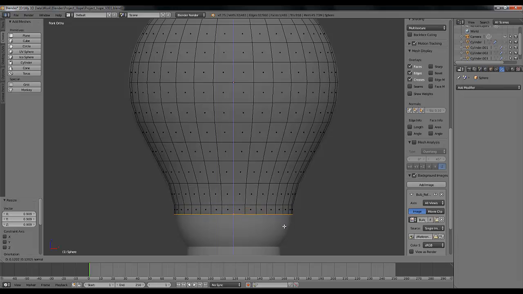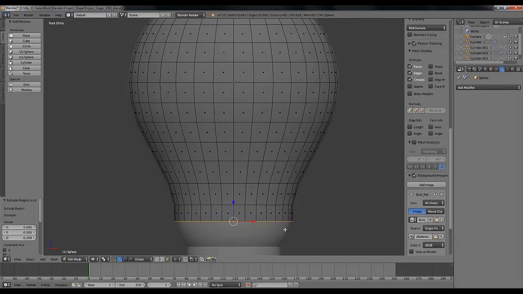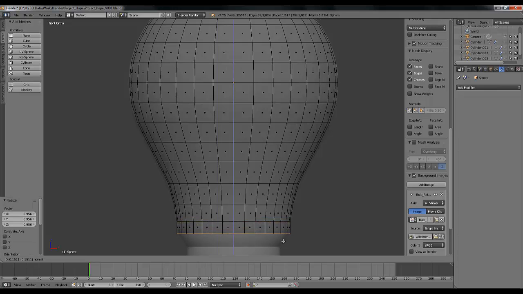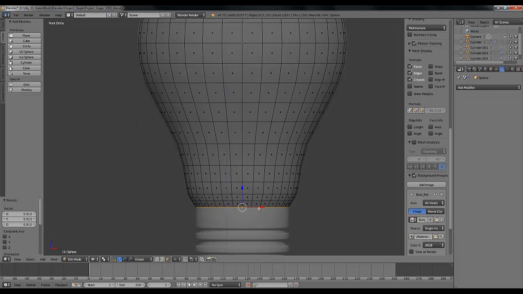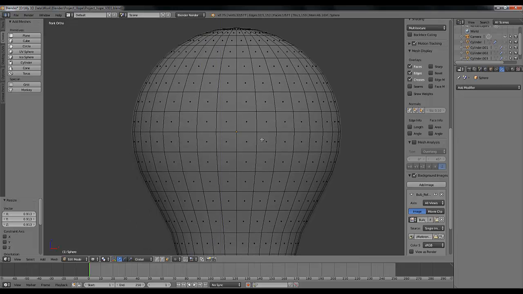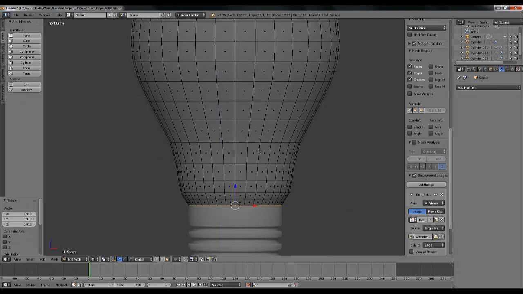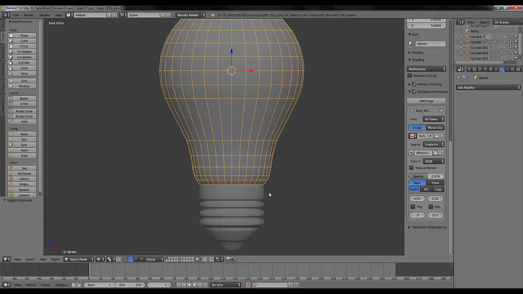Then E again, scale a bit, E again, scale, E again, scale, E again, and one more time, scale, and okay, so the bulb is almost done here now, the upper part of the bulb. So you can see,